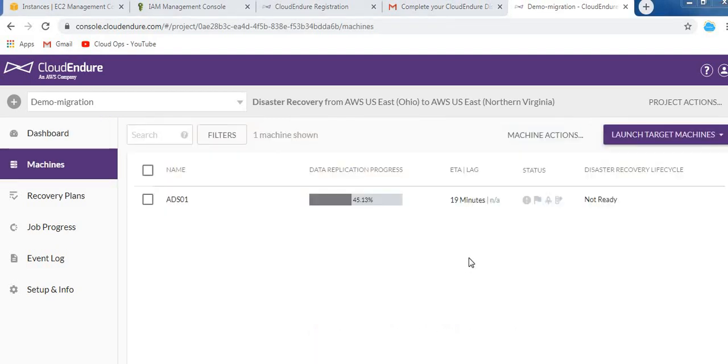As I said earlier, for VMware on-premises migration and VMware to AWS cloud migration, there is an additional step you need to perform. I'm going to add the link for that document in the description box so you can follow it.